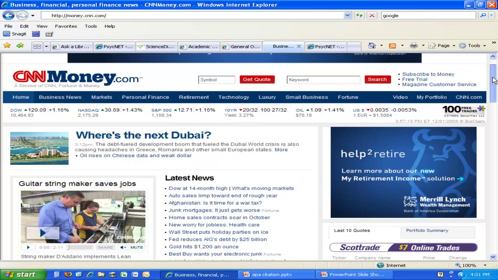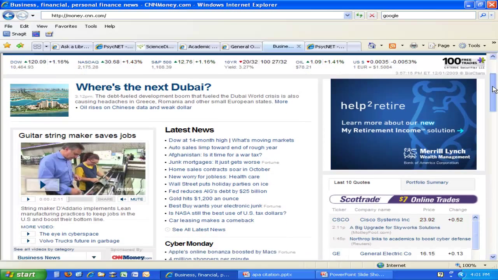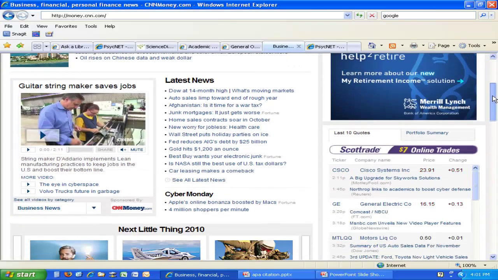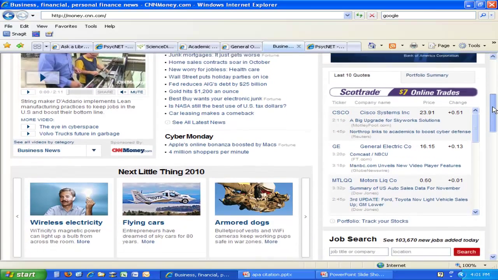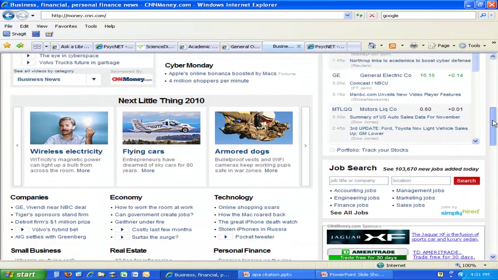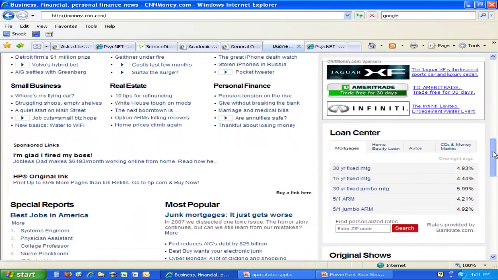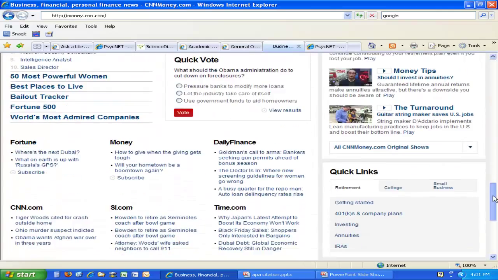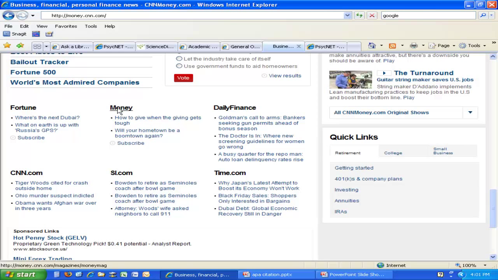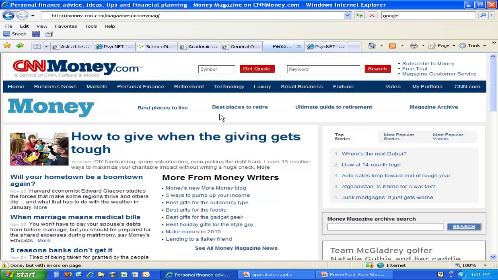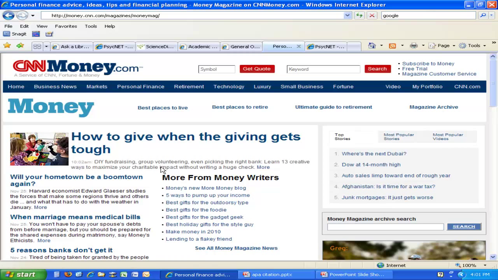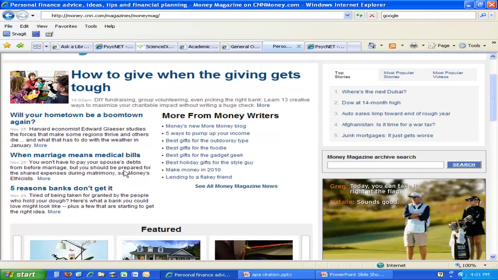When I'm looking for a home page for a magazine or a newspaper or a journal, usually I am able to get to past issues. I'm able to search the magazine itself. That tells me you're on a magazine or a newspaper or a journal page. And when you're scrolling through this website, you'll see down below a listing. There's Money. Let's go to Money Magazine. And now I can see the magazine archive. I can search the magazine archive, and I am looking at the articles. This is the homepage for Money.